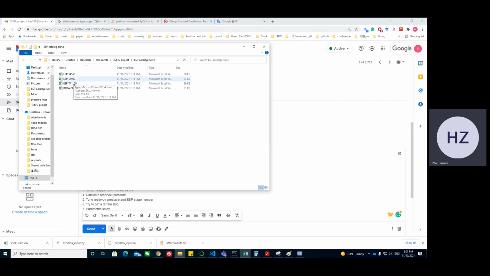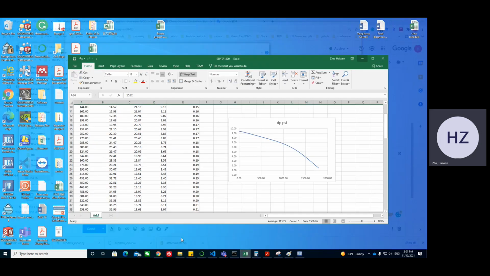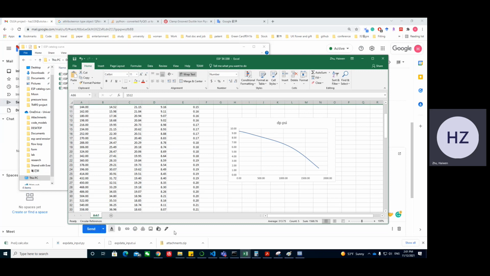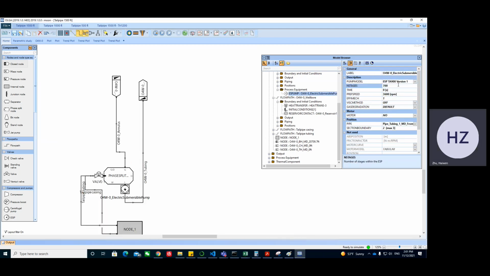You just select the pump with a flow rate close to your design flow rate, and we want TA 1200. So this is a pump curve for TA 1200, and in the simulation we want the ESP pump. We change it to TA 1200, and then